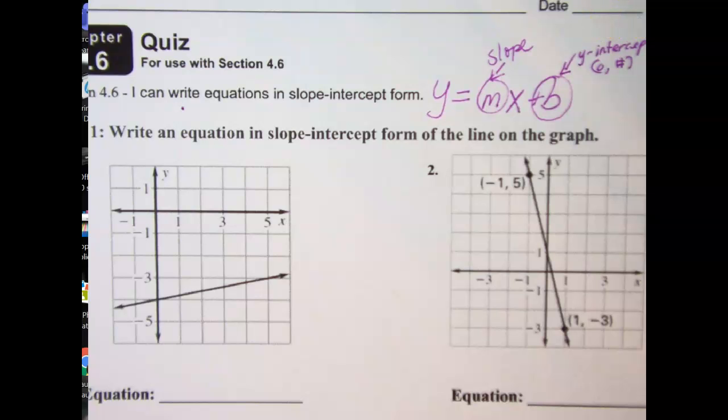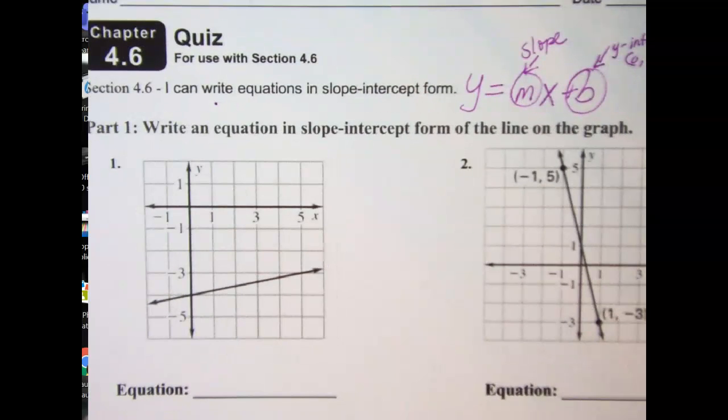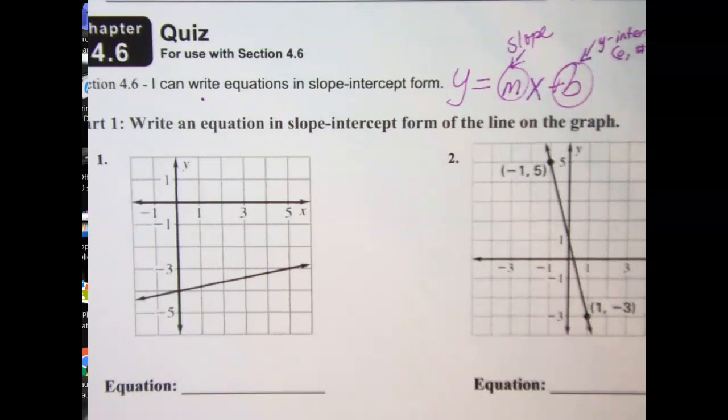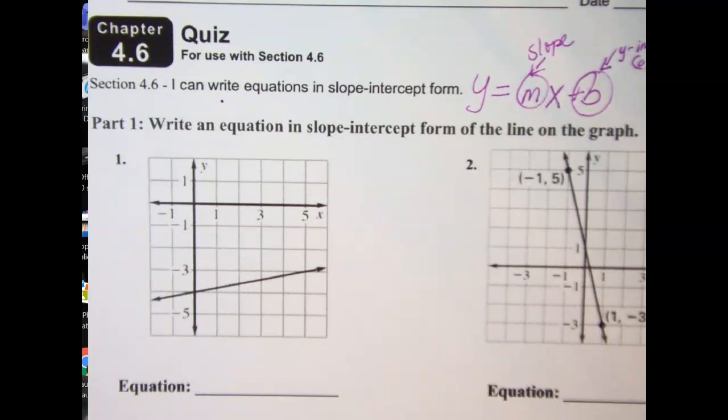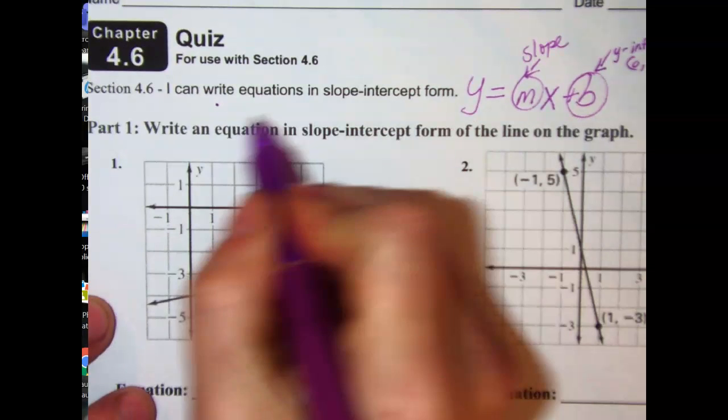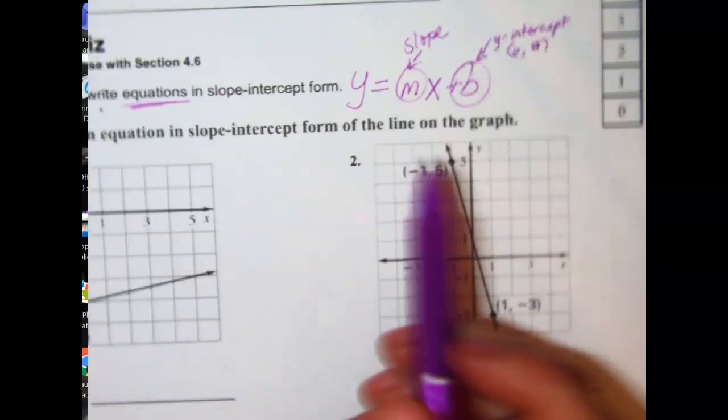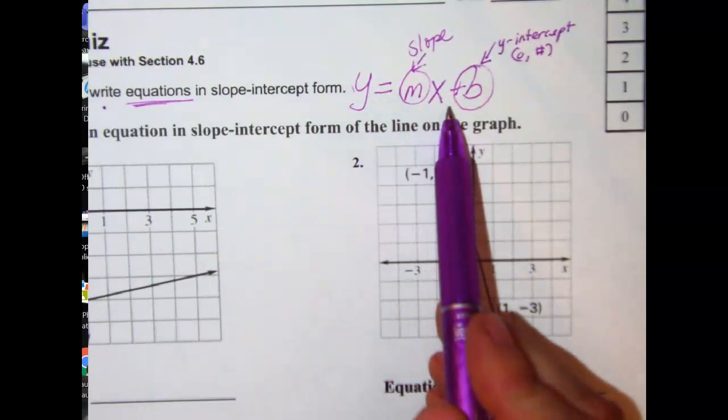All right, so this is just a little video helping to understand the 4.6 quiz a little bit better. Now remember, we are looking at graphs, points, and tables or other formats, and we're going to be putting that in our equation, which is in the form y equals mx plus